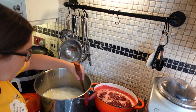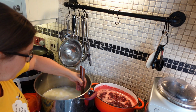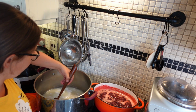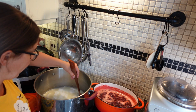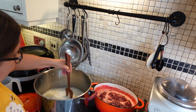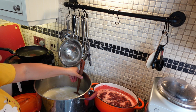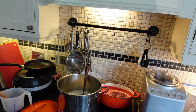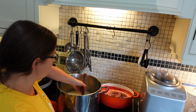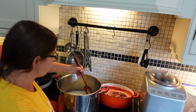If it's very close, like I'm very close now, I might even turn it off, because we don't really want to reach that 100 degrees really quickly. Keep stirring this for half an hour until I reach the right temperature. So I am now very close to reaching 100 degrees Fahrenheit with this cheese making process, and the next step